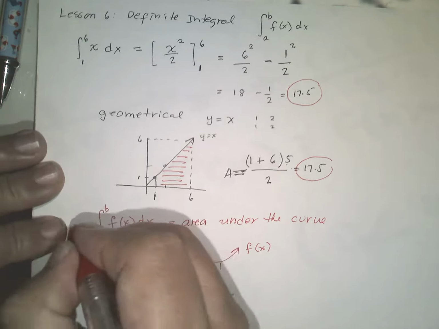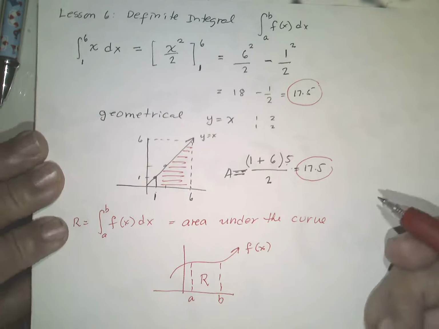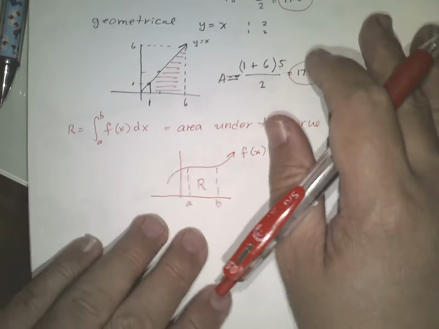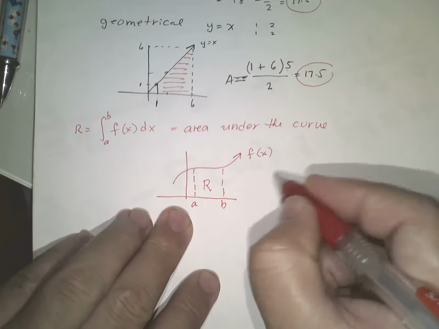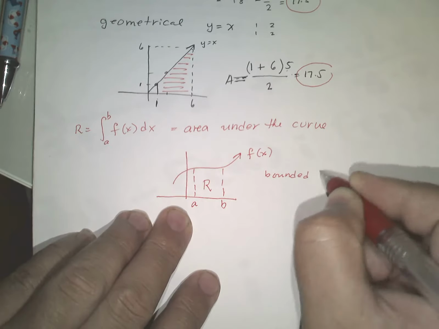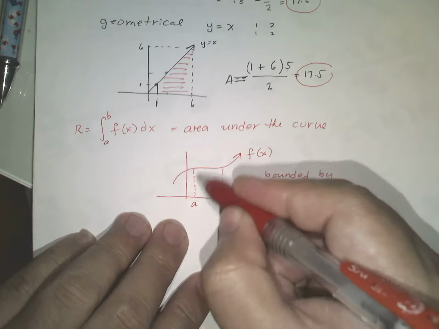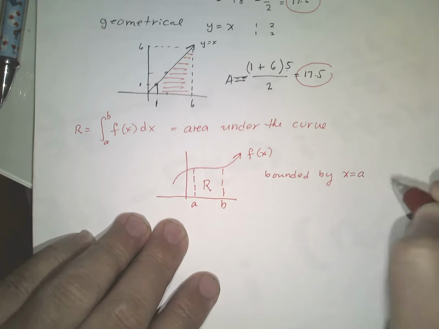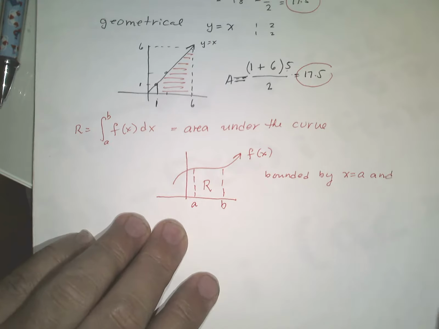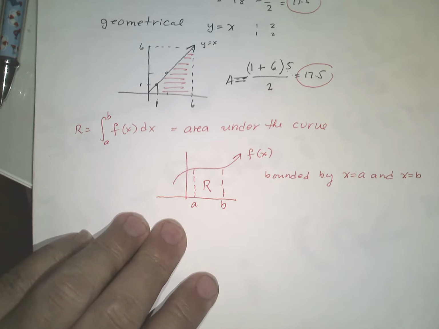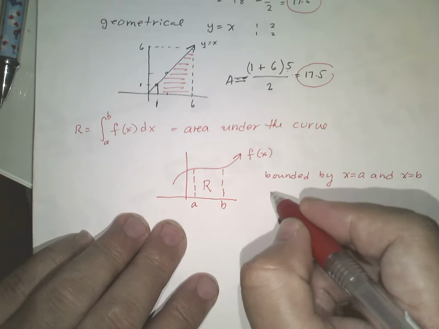How would you describe that region R? The region R is bounded by this line, which is x equals a, and this line, which is x equals b,